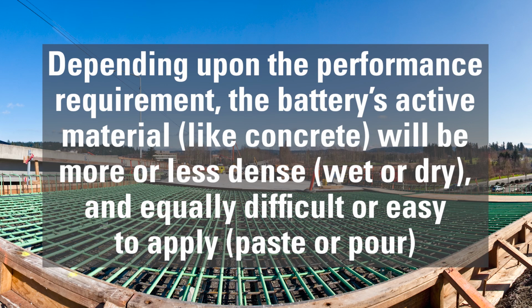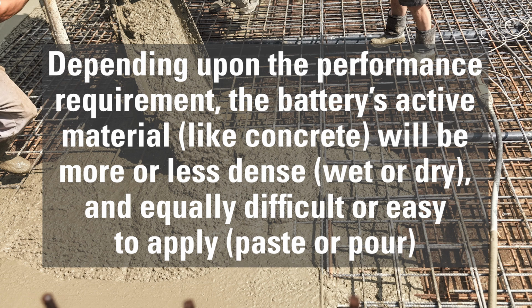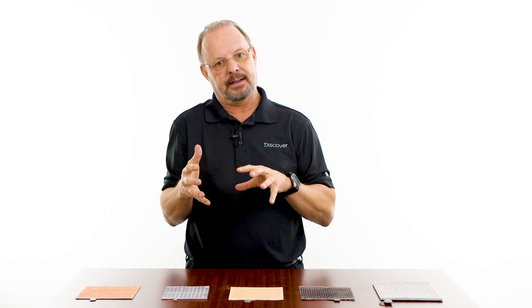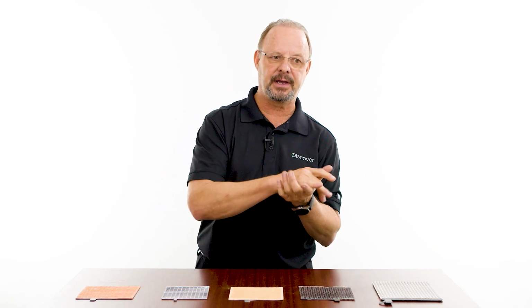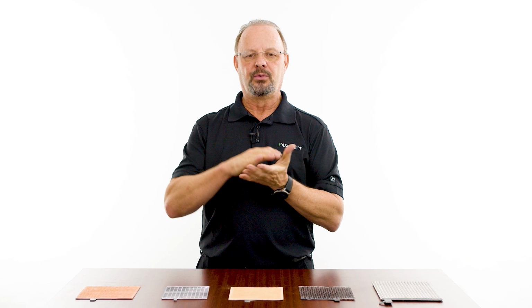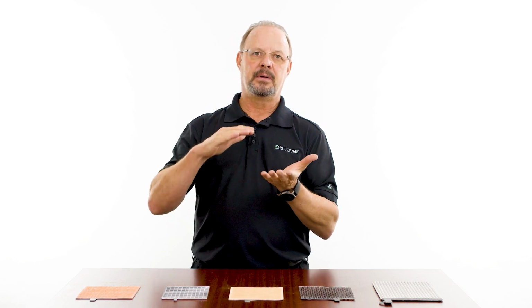So depending upon the performance requirement and the end-of-life characteristics that we're trying to get out of that battery, the active material that we're pasting onto those grids, just like the concrete mixture, will be either more or less dense, and that means drier or wetter, and it'll be harder or easier to apply to the grid. So once again, if you're trying to produce 250 or 60 meters of plates a minute, you're really not going to be able to apply real dense active